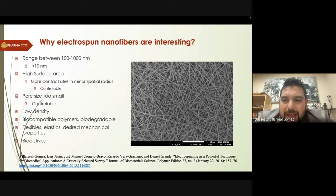Also, we can obtain a membrane with a small pore size, but this pore size also can be variable depending on the condition that I will explain later. These membranes of these fibers have a low density. You can use biocompatible, biodegradable polymers depending on the application. They can be flexible, elastic, with desired mechanical properties, and also depending on the loading, you can create bioactive nanofibers,